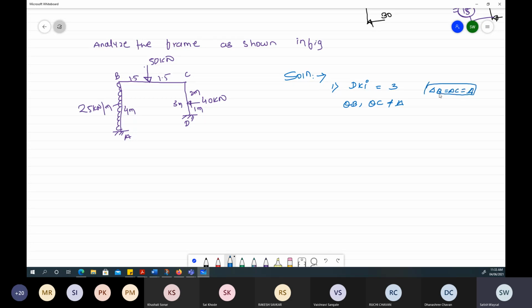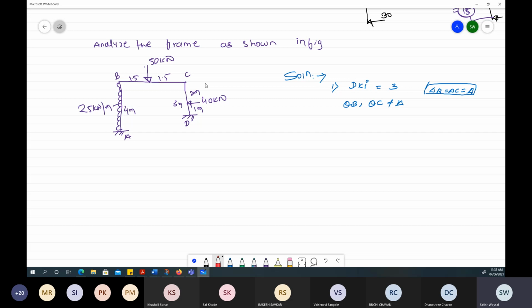Why do we do this? First thing is that there should be delta B and delta C, that is correct. But we assume that delta B is equal to delta C. Otherwise, what will happen if delta B and delta C are not equal? Then there will be 4 unknowns in the problem, and to analyze those 4 unknowns by mathematical equations